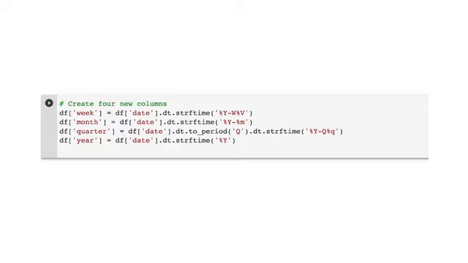For the argument, we put %Y-Q%q. The first Q is placed into the string to indicate we are talking about quarters. The % followed by the lowercase q indicates to pandas that we want the date formatted into quarters. Our final column will be the easiest to code of them all. The year column is created by taking our original date column data and creating a string that includes only the argument %Y. This creates a column of data with only the year in it.